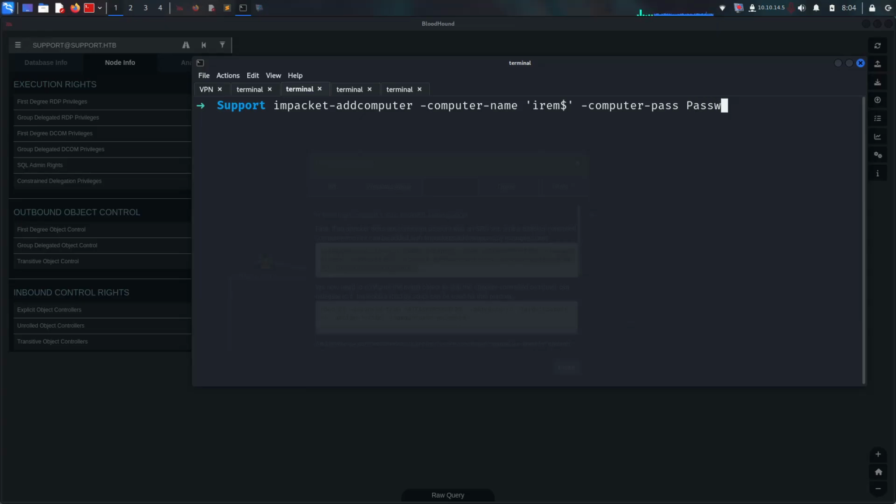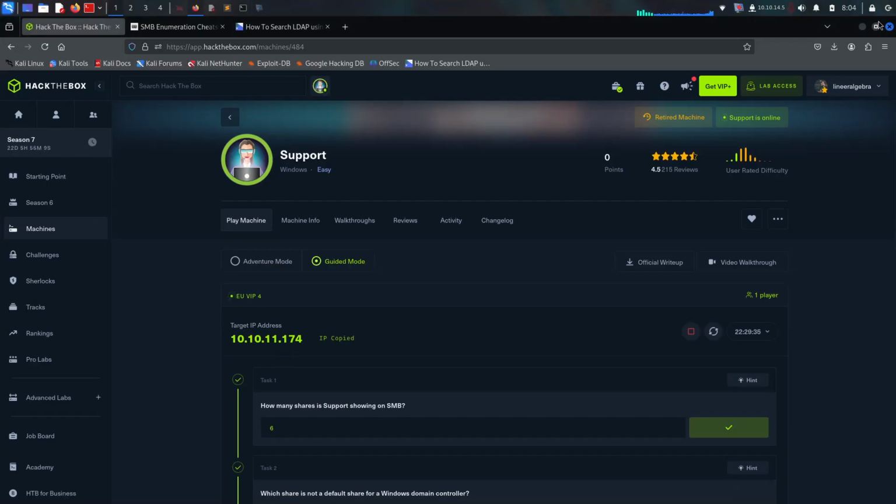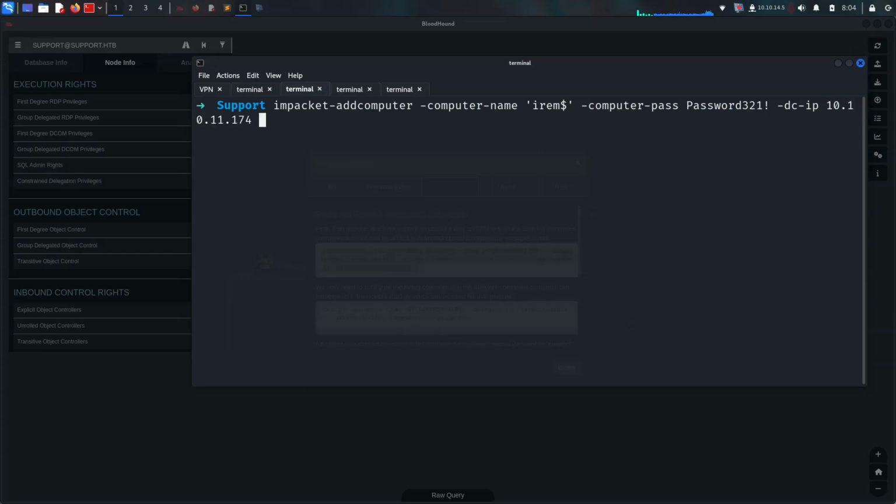Let's do here again password 321. So we were using password 123 here, so then let's use 321 dash dc dash IP. I go here and copy the IP addresses and give it here. Okay, support and support,